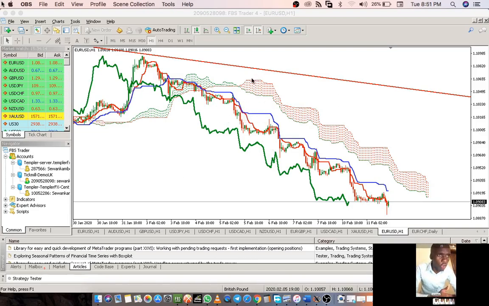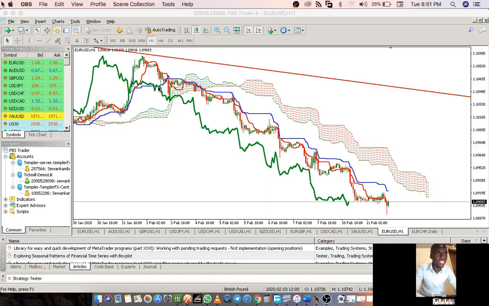When the two of these are working at the same time, speaking the same language, it means we wait for the signal line. We wait for the right point where these two lines show you to come in for a particular sell. In other words, the first thing you need to look at is the Chikou span, followed by the cloud, that is Senkou span A and Senkou span B, then followed by the signal lines. These give you the final decision to go in for either a buy or a sell.